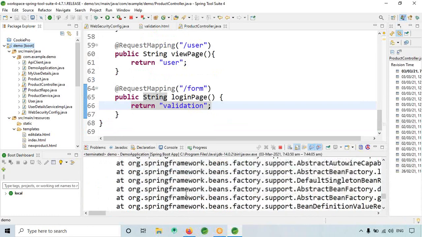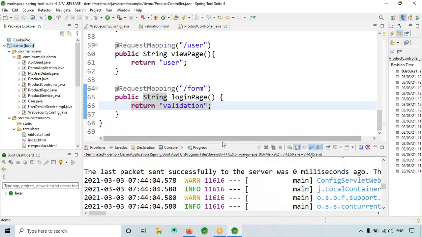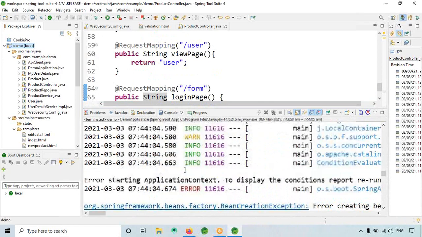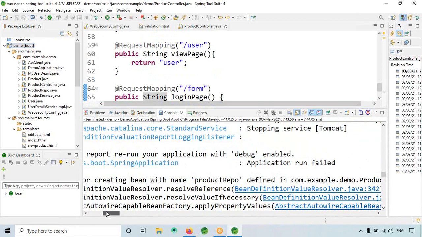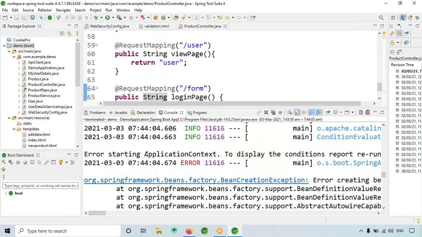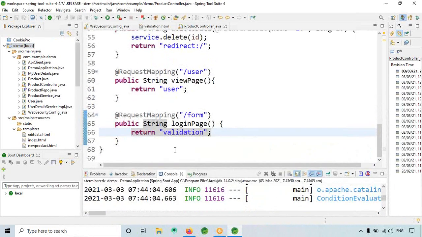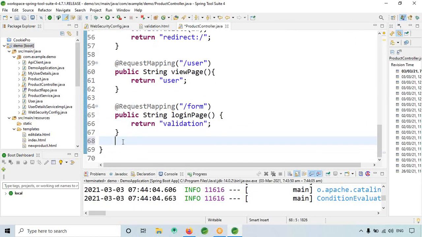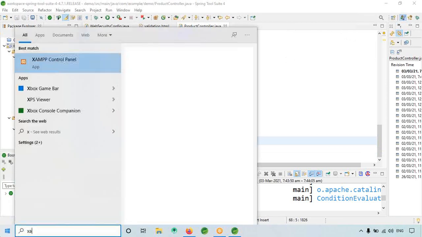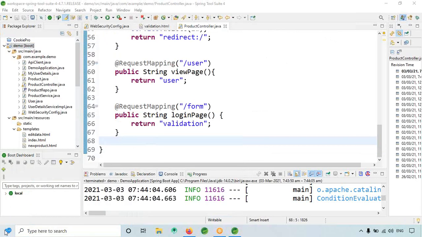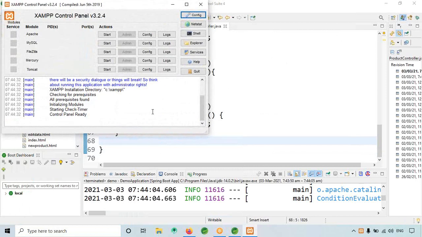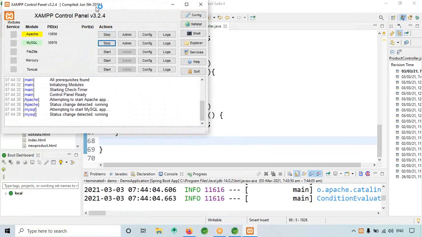Okay, it's throwing some error. Actually, I haven't run XAMPP, so I need to run the XAMPP. Start.